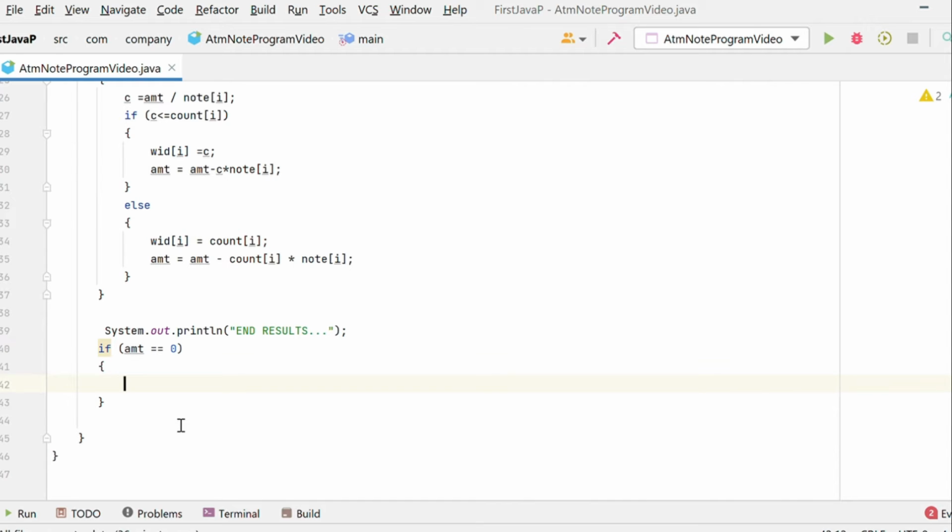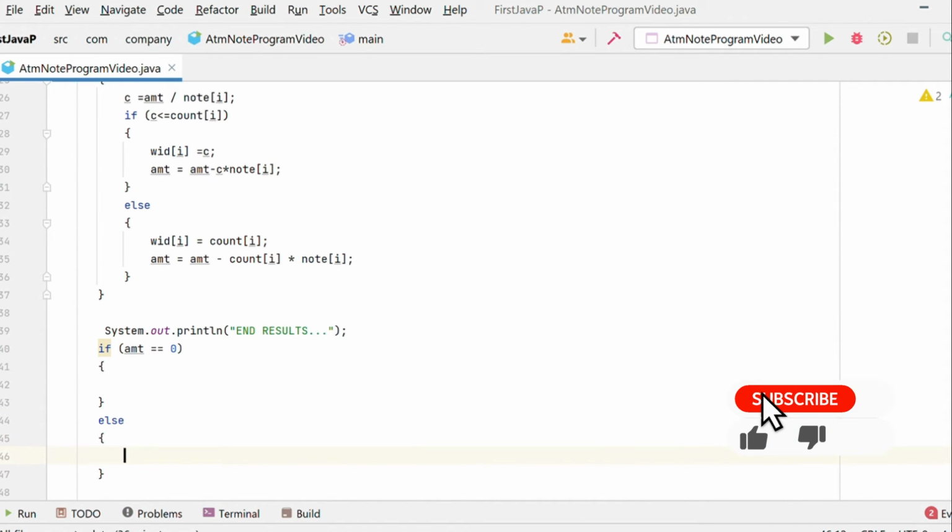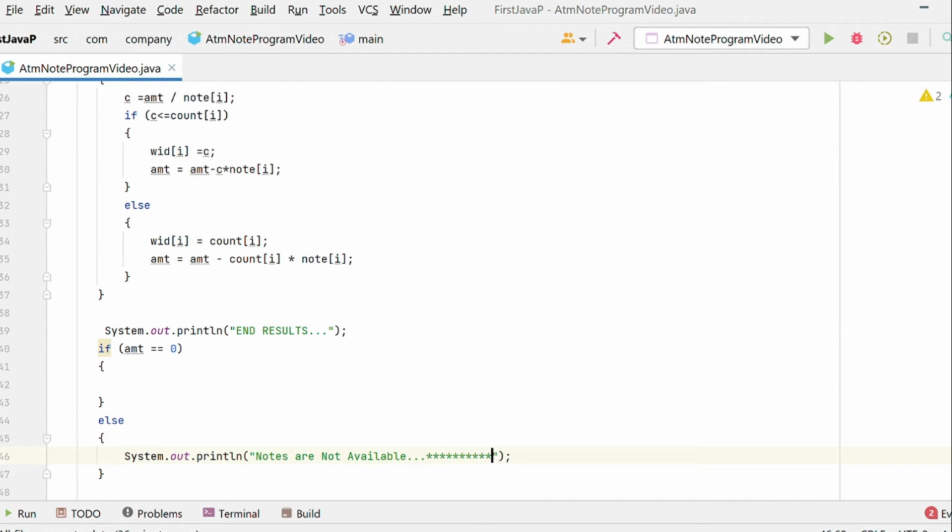But if the amount is not equal to 0, then our ATM doesn't have that many notes to fulfill the criteria for withdrawing the amount. So in the else block there is a message: Please try again. The notes are not available.